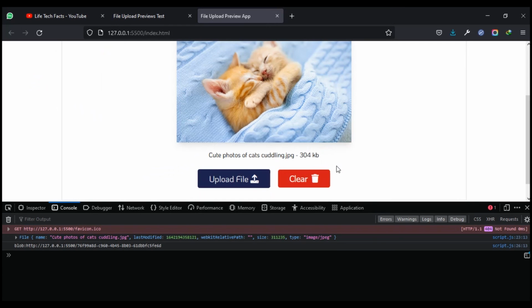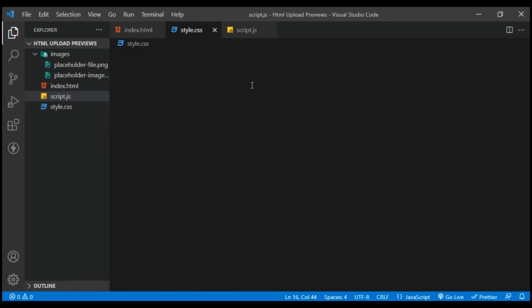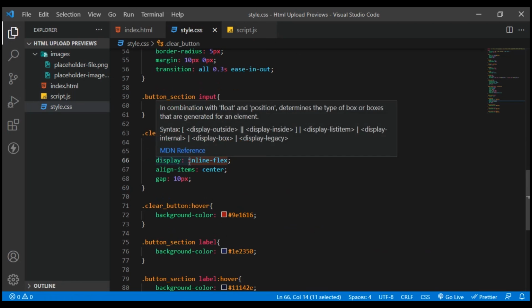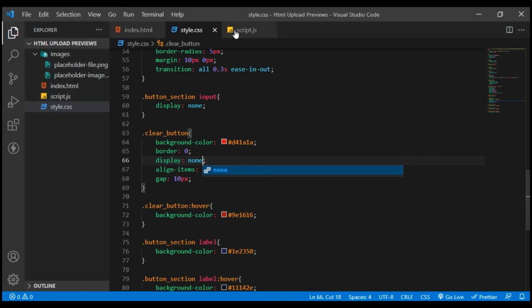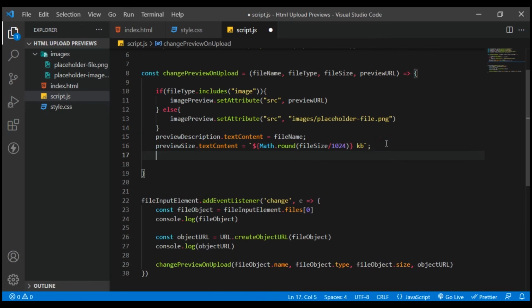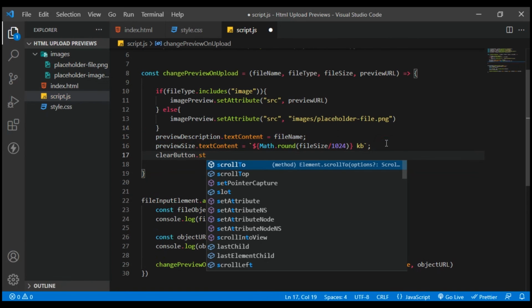Now, two things though. Number one, this isn't working yet. And number two, whenever we don't have a file, this should be hidden. So basically what I'm going to do is come to our CSS here, and this inline flex, I'm going to change it to none. So at first it would be hidden, and then whenever the file is changed, there is going to be DOM updates, and then we're just going to declare button dot style